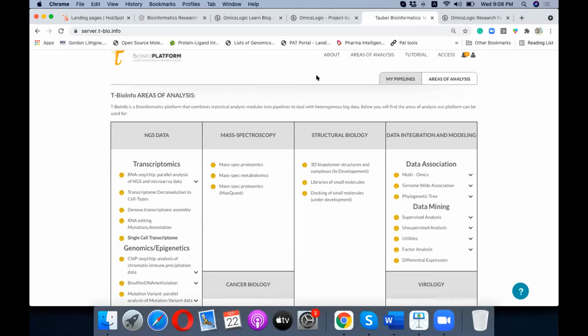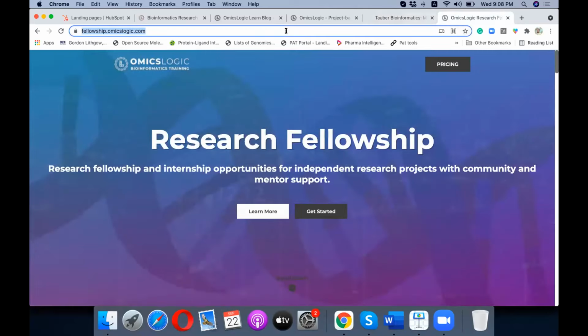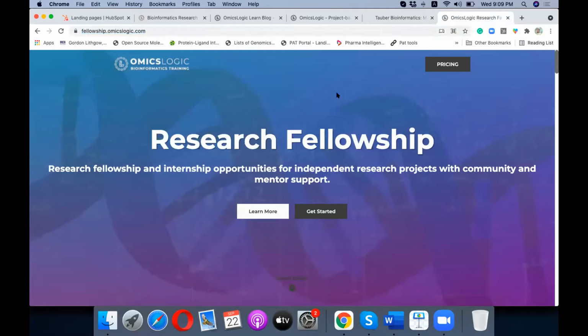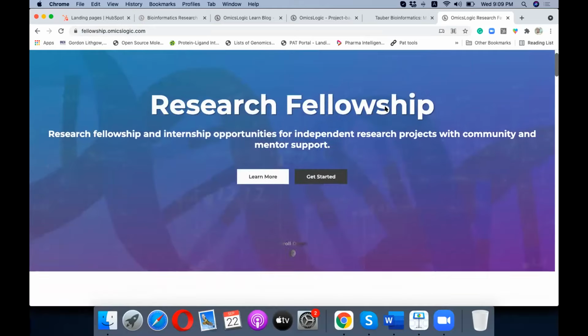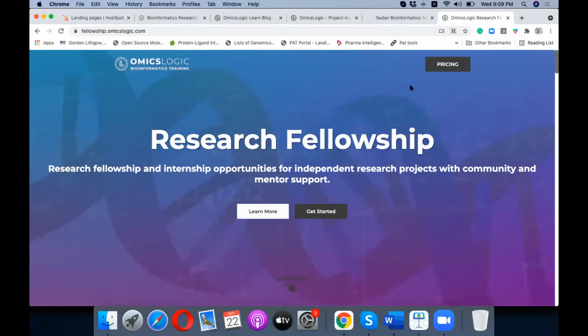Including these resources and the mentorship, you can join the research fellowship program using this link. This is the final link: once you have decided and gone through the resources and all of it, you can come to this page and find the research fellowship registration links here. When you come to this page, there is a place where the pricing is available.